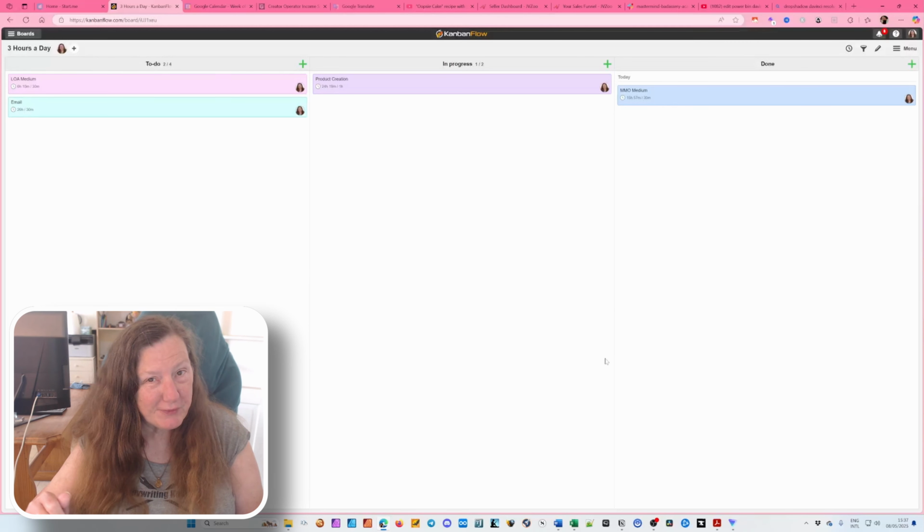I have a tool you can use. It's free and it helps me a lot because if I don't use it, I go down rabbit holes so deep that they only get deeper because I dig them a little bit deeper. The tool is called Kanban Flow, and I have the free version and have used it for years because I don't have a team or anything like that. So the free version is fine for me.